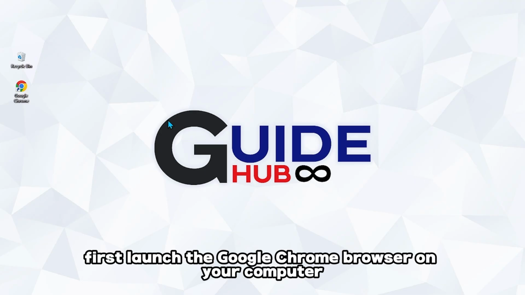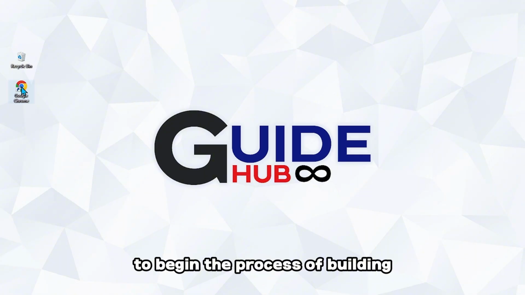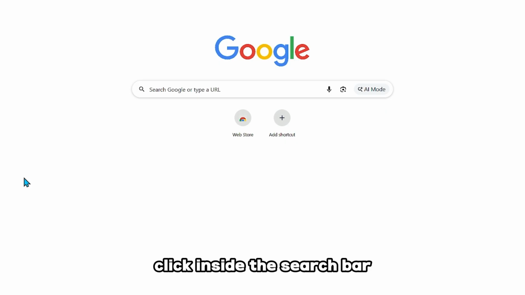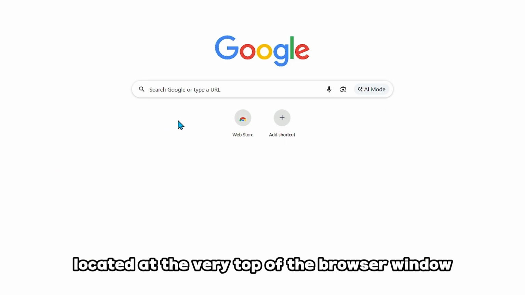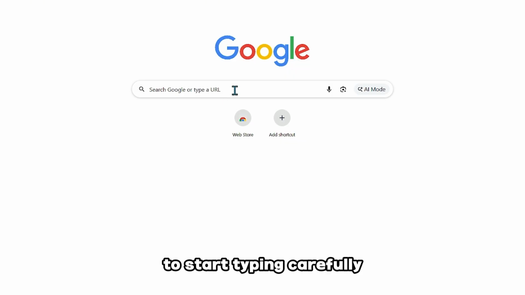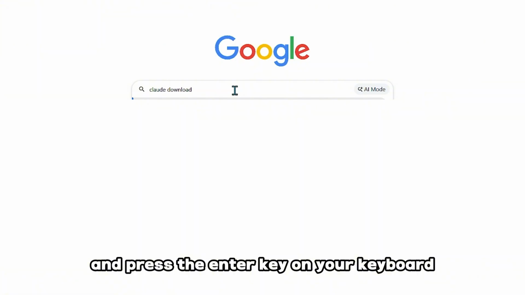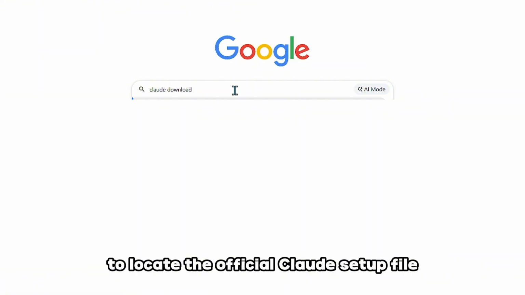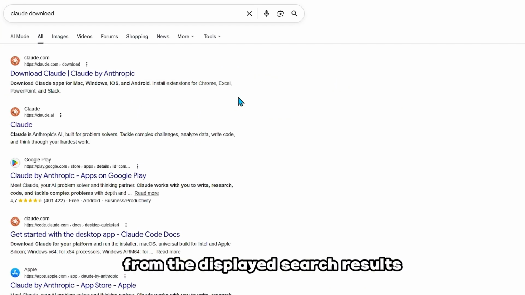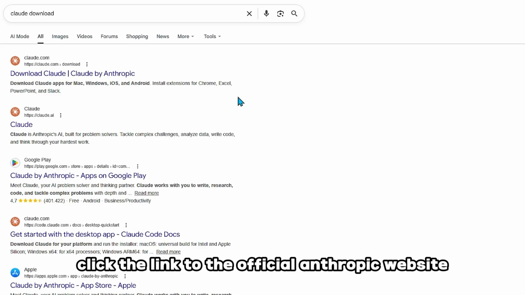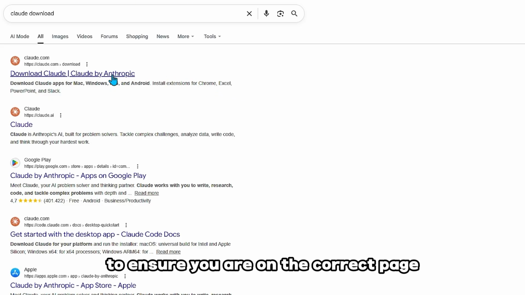First, launch the Google Chrome browser on your computer to begin the process of building. Click inside the search bar located at the very top of the browser window to start typing. Carefully type Claude download and press the Enter key on your keyboard to locate the official Claude setup file. From the displayed search results, click the link to the official Anthropic website to ensure you are on the correct